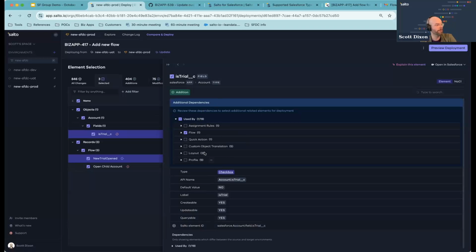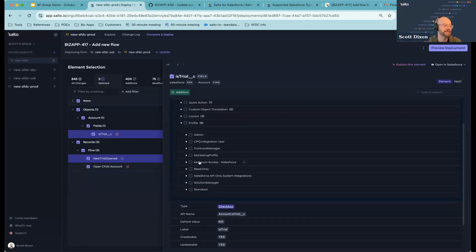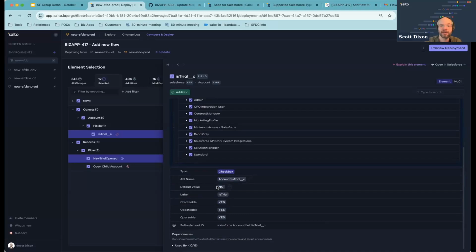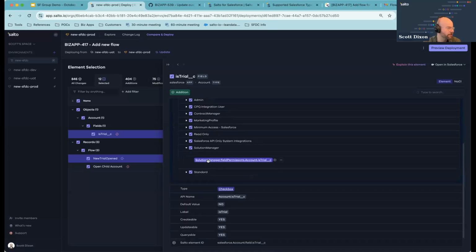So with Salto, what we can do is, when a field is selected to add to the next environment, if you notice down here, it says that it's being referenced by all of these different profiles. Now, Salto is unique in that if I were to select all 9 of these profile changes, Salto will only deploy that specific change that's being made to that profile. What I mean by that is, if I go into, for example, maybe the solutions manager